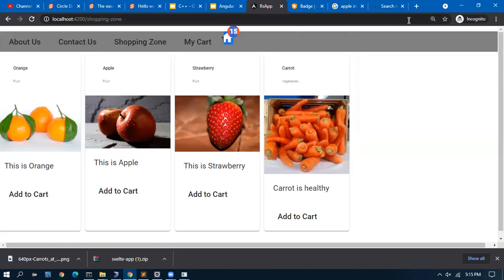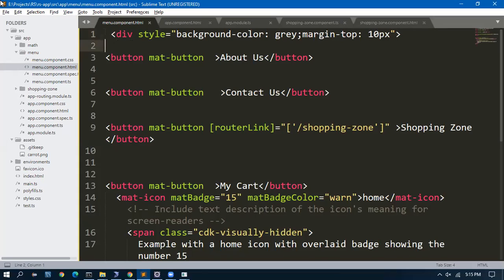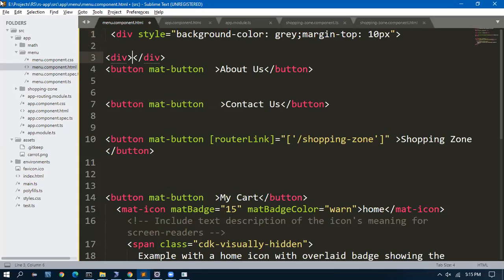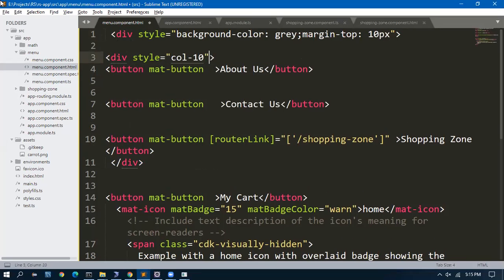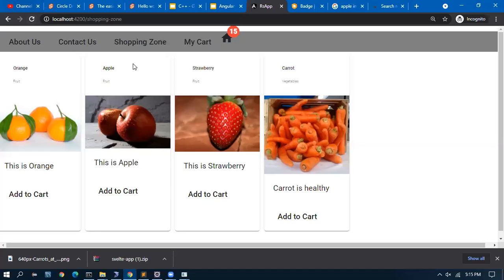And this has to be at the end. So what I have to do, I will write one div here. This entire content of buttons, I will make as one div, and I will give style equal to col 10, which means up to 10, I need this menus to be till here.